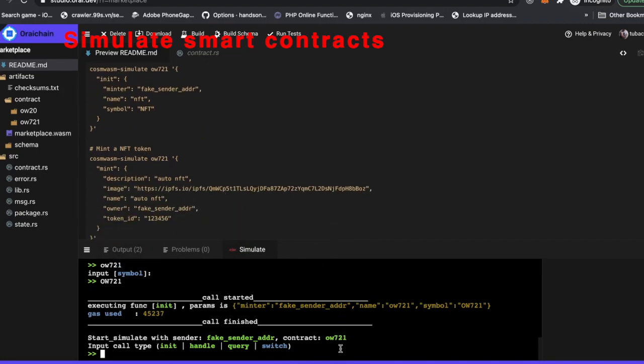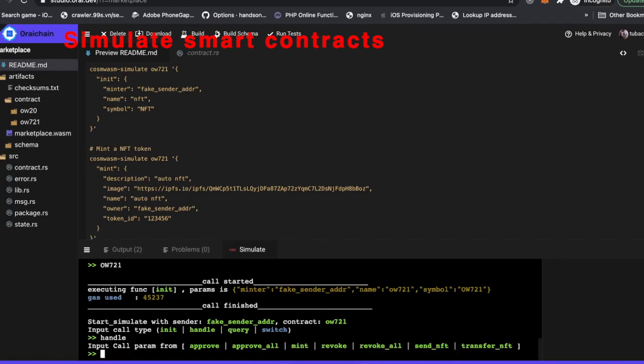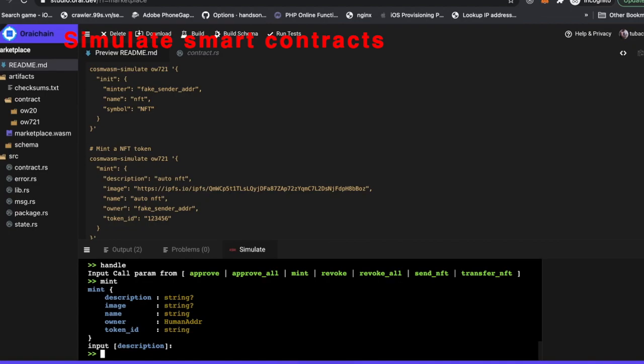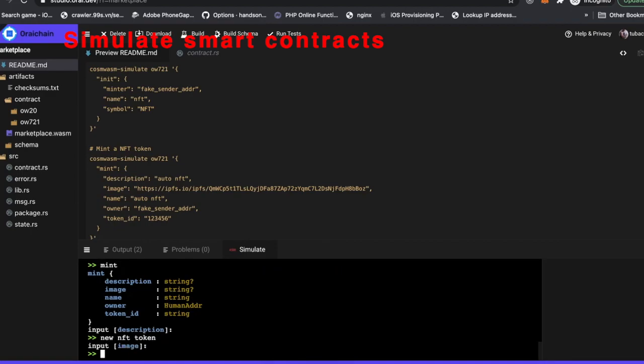Next step, we will mint a new MFT token. There's a mint method. Description is going to be new MFT token. Image.